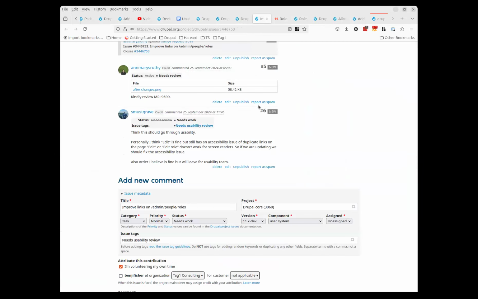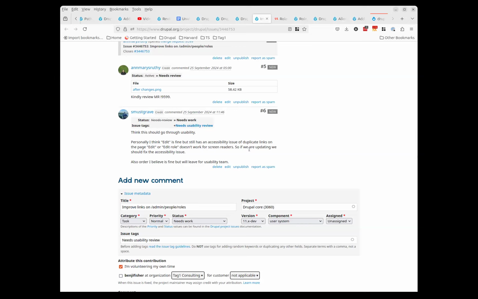Yeah, so not very many comments here. Just Stephen Musgrave suggests that edit is fine, but it still has the accessibility issue of duplicate links on the page. Edit or edit role doesn't work for screen readers.